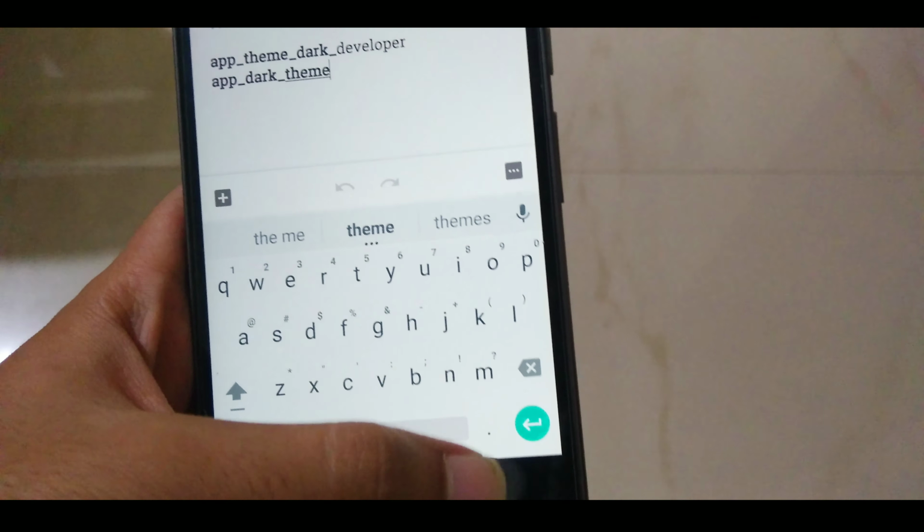So let's cross check it, and yes, we don't see any kind of background activities. And let's check it, and here we go. We have the black and the sassy look of the YouTube, which looks pretty cool. So this is how rooted users can acquire the black theme on the YouTube app, and for the non-rooted ones,